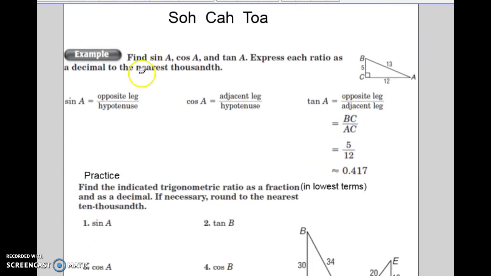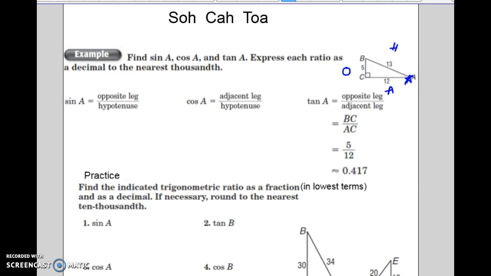So we're going to scroll down to this first section for the example. Okay, the first one says sine of A. Where am I going to put my star? If we're going to use sine of A. By A, very good. So go ahead and put the star by A. What would I call this side right here? Hypotenuse, very good. What would I call this side over here? Opposite, because it's across from where the star is. And what would I call this side right here? Adjacent, because it's next to the star.